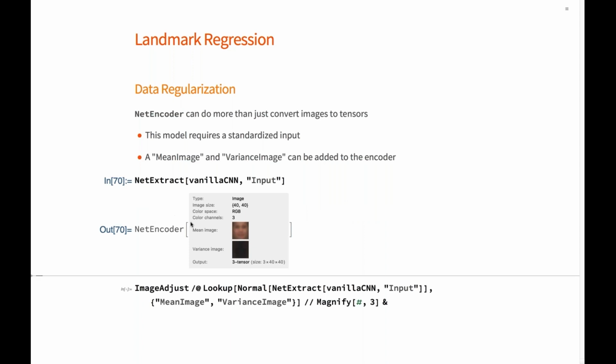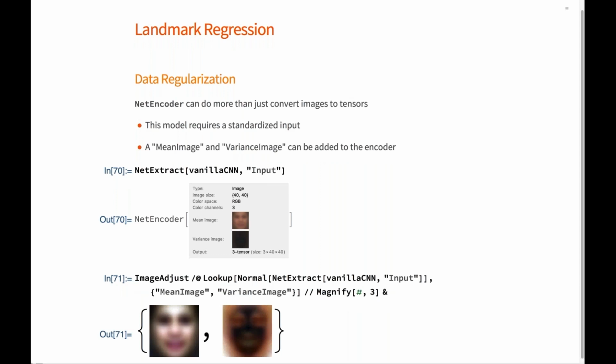Net encoder supports a mean image that can be a number, like a color, or can be a full-fledged image that will be subtracted from your dataset, and a variance image that can be used to standardize, like bring the dataset to one variance before you send the batch to the network. So we can have a better look at what we're using here. The mean image is probably what you expect, and the variance image captures the